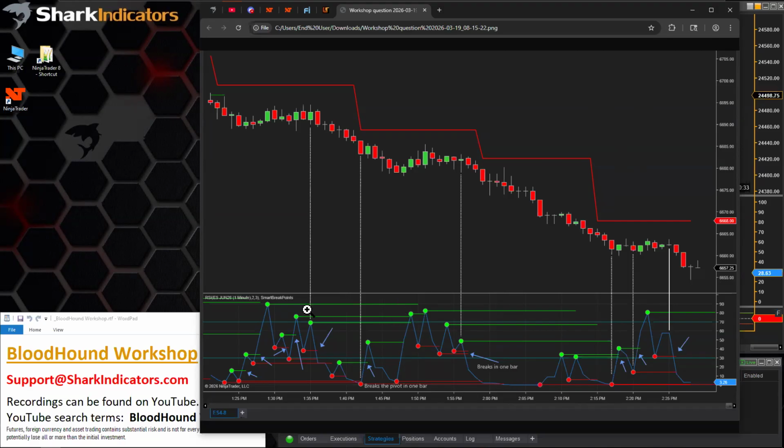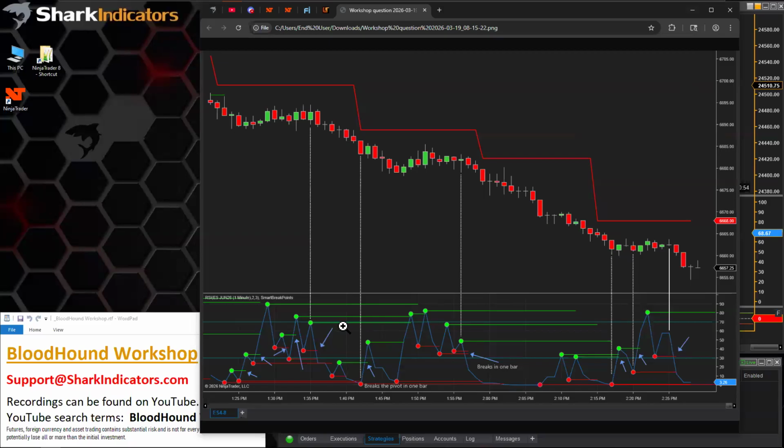Now, one thing to note here, again, this is an RSI 2-period, and you'll notice all of these swing high and low points are coming from the Smart Breakpoints. The Smart Breakpoints is a premium paid indicator from Indicator Smart, from Rob Mitchell over at Indicator Smart. So that is a paid-for indicator, so I won't install that on my machine. I had to do a substitution here for that.